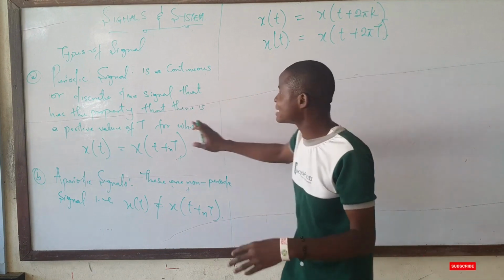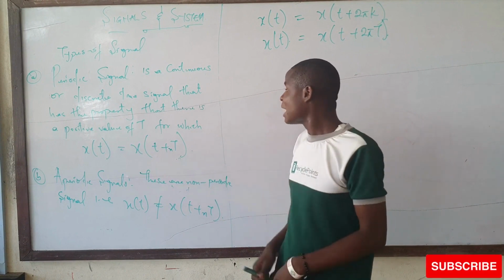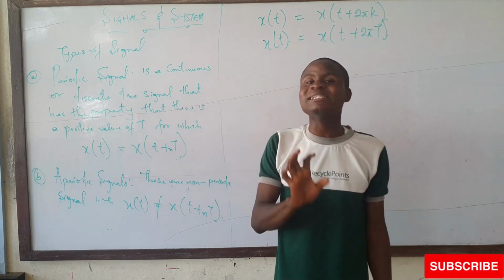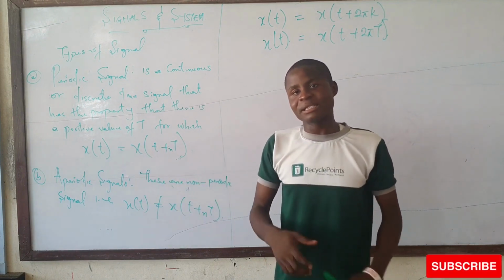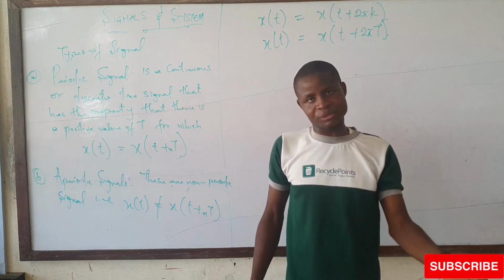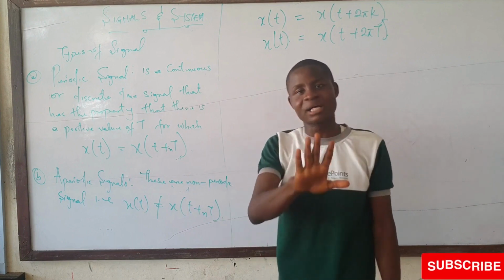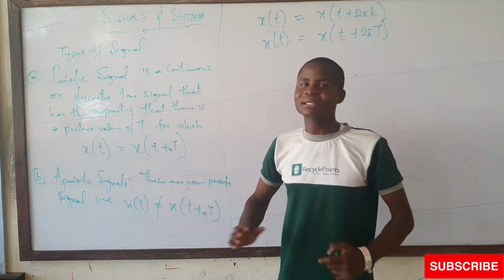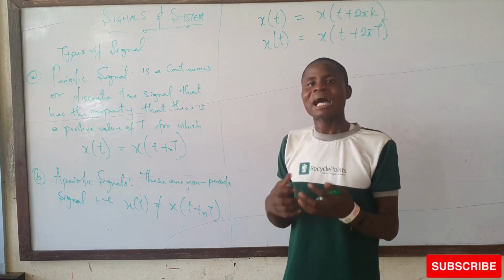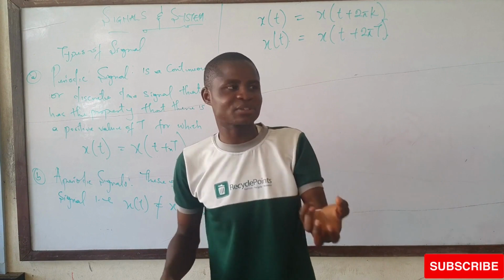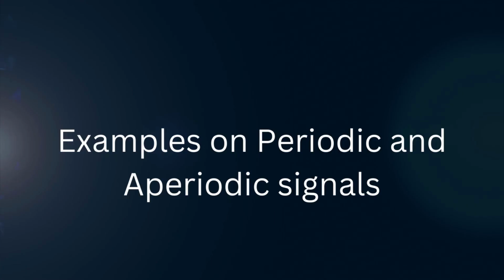Any signal that behaves this way is called a periodic signal. Now, what is an aperiodic signal? An aperiodic signal is a signal that is not periodic in nature. That is a signal in which, if it experiences a time shift, it will not produce the former signal. That is what we call a non-periodic signal. I will be giving some examples in a bit, and those examples will help us understand how to classify whether a signal is periodic or aperiodic.